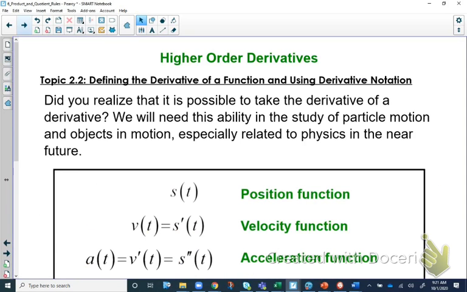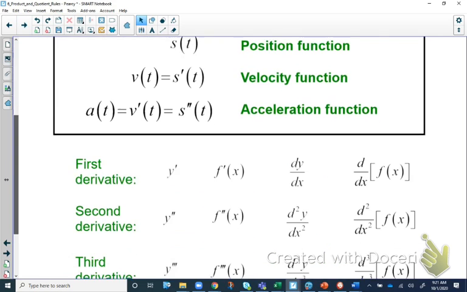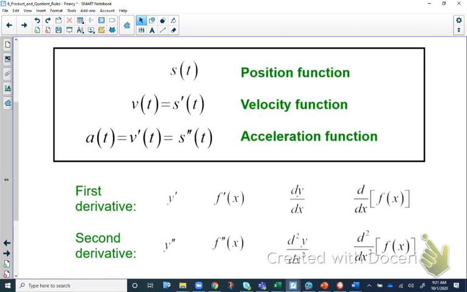We are getting close to getting done, but what we're going to be looking at here next is higher order derivatives. And one of the things that's going to be a very common topic is what we're seeing here, position, velocity, and acceleration. So in Algebra 2 and in like physics and whatnot,